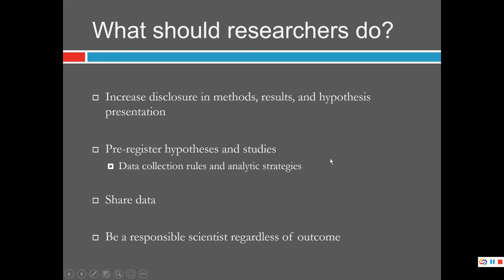Pre-registration is something that Daniel Simons talked about in the video that you hopefully have watched last Friday or last Monday. But it has to do with being upfront about what you predicted and proving that you predicted what you predicted by pre-registering it. There are lots of new places that people can do this. One of the more popular is called the Open Science Framework, osf.com or osf.io. I think osf.com actually just redirects you to osf.io.